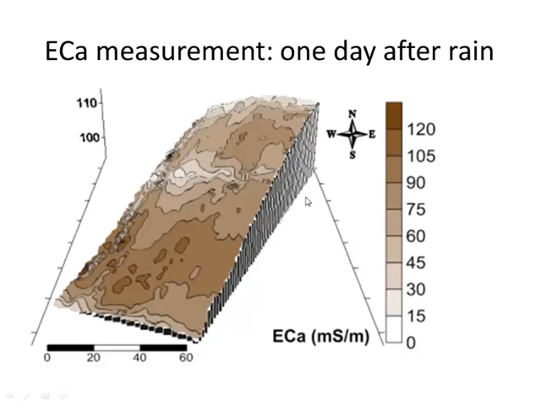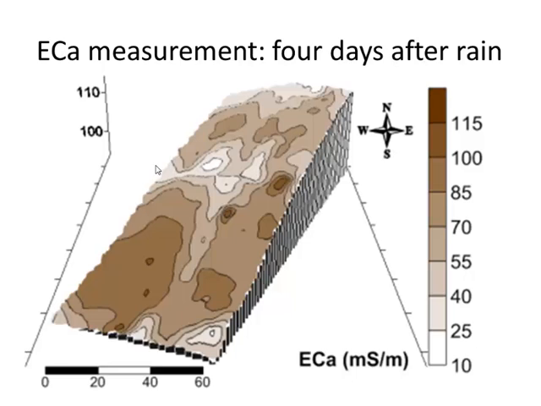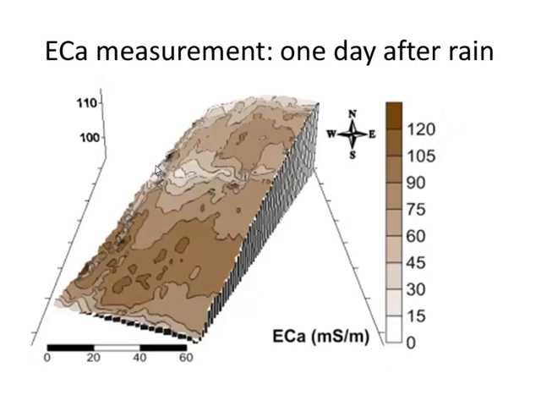This is the measurement, this is the field. As you see, one slope goes this way and the second slope goes this way. We have the electrical conductivity 1 day after rain, and this is 4 days after rain. What I would like to show you is that the measurement is quite stable. They are constant, so nothing is changing from year to year, so we can measure every few years and use the data.